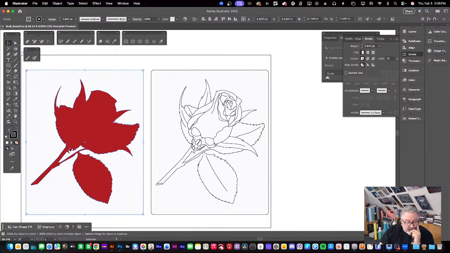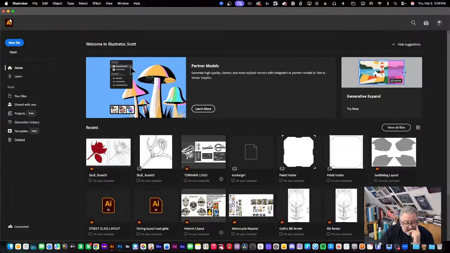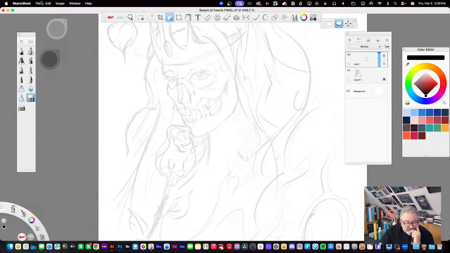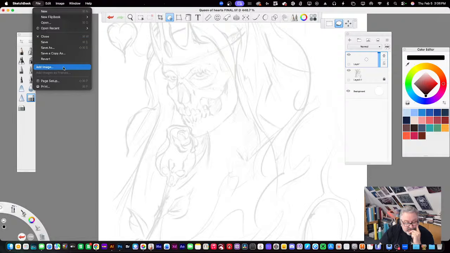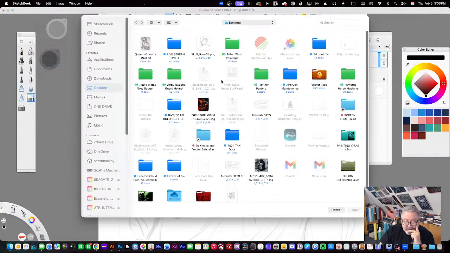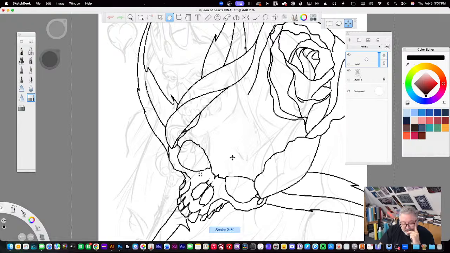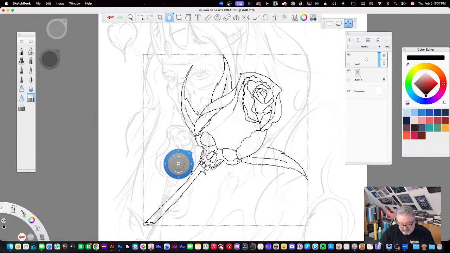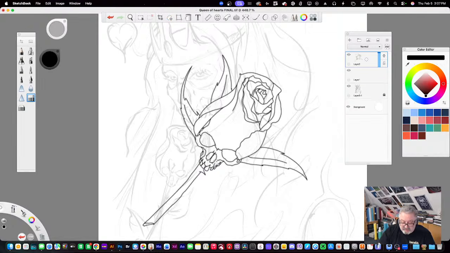So after I did that, I closed it and saved it as a PNG. If you don't know what a PNG is, it means the white background of the paper is invisible, so only your artwork comes in. So I'm going to add an image, which is adding a new layer, which is the rose PNG. And it's really big, but you can see now it's right there. It won't look that pixely once I place it, because that's just the preview. Enter it, and there it is. I'm just using this so I don't have to redraw it.